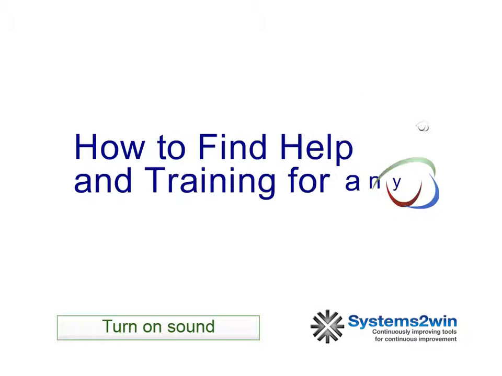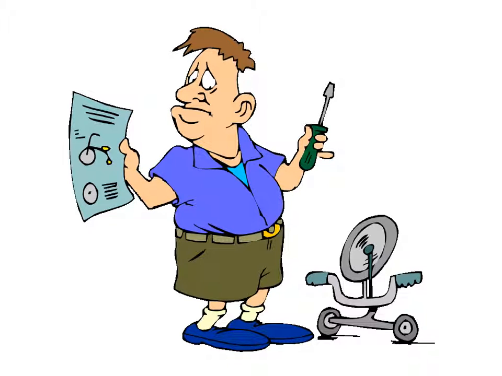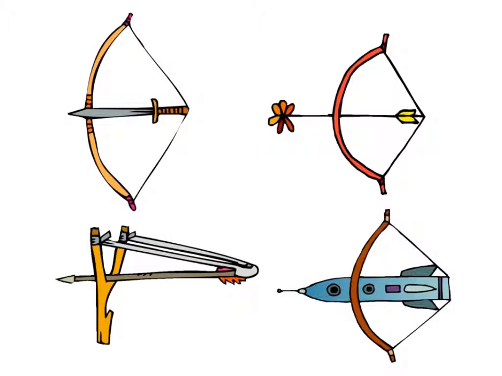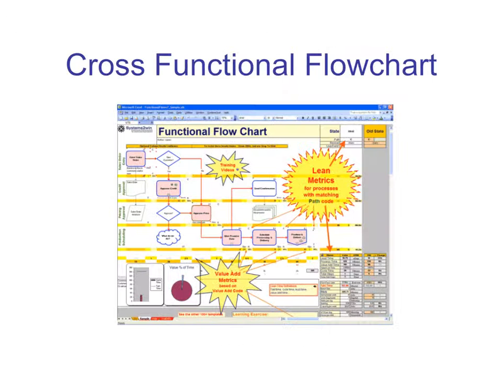I just started a lean leadership position with a new company and was surprised to find that their process improvement tools and systems are so chaotic. There's no standardization. There's so much non-value add time inventing and reinventing tools that are different in every department. At my prior company, everyone was so competent using their Systems to Win templates.